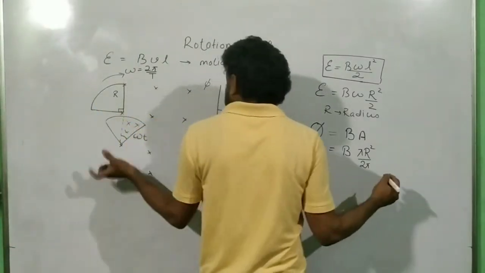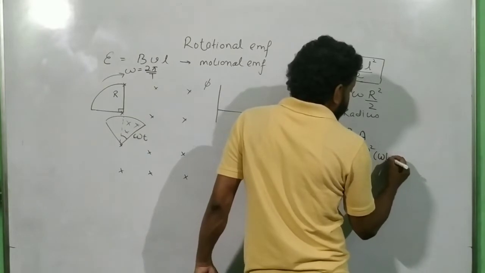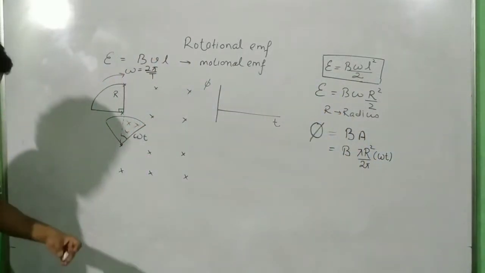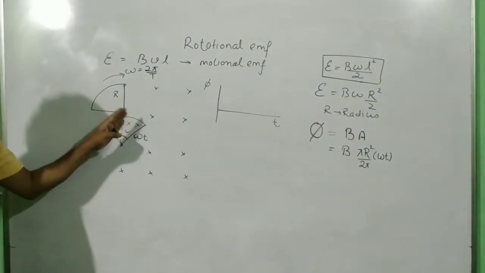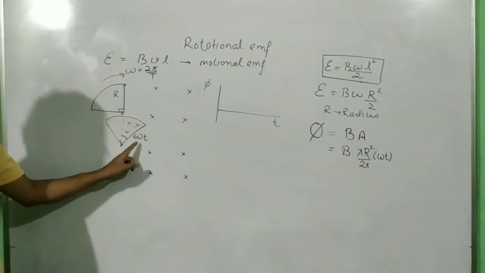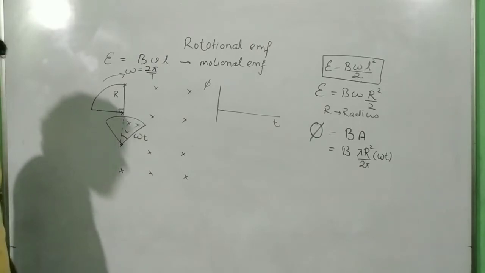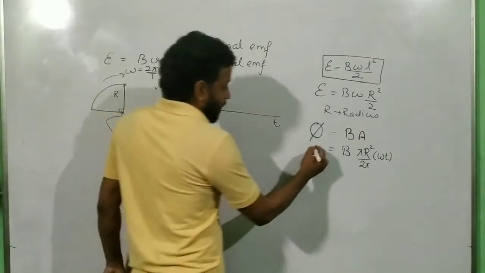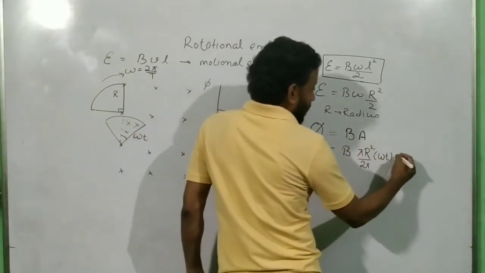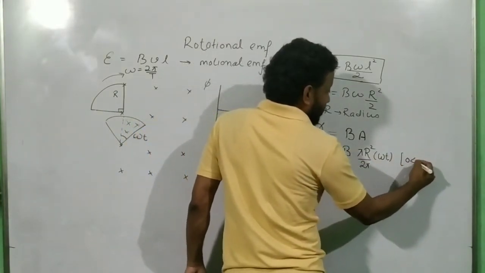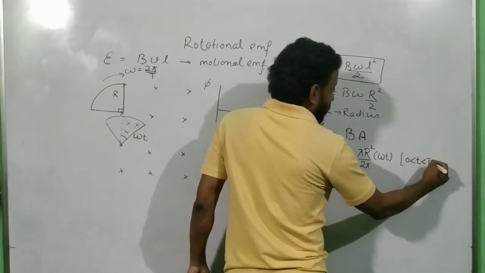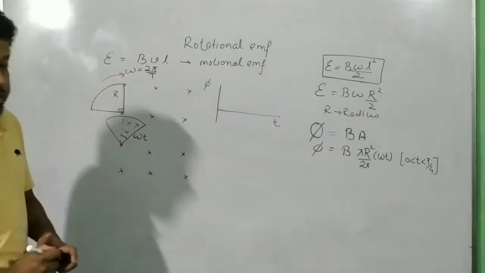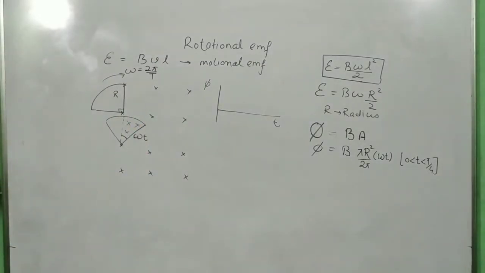And then I want to know only the part because of angle omega t. So this is the area which is inside the magnetic field right now, where it makes an angle of omega t. Alright? But this formula is valid only within a time zone. Time zone should be 0 to T by 4.